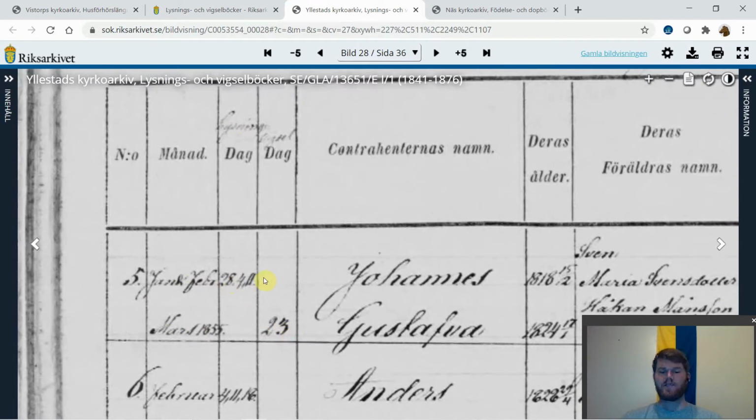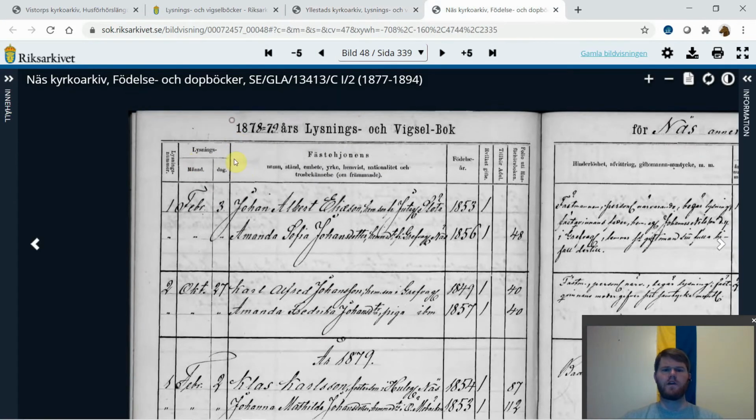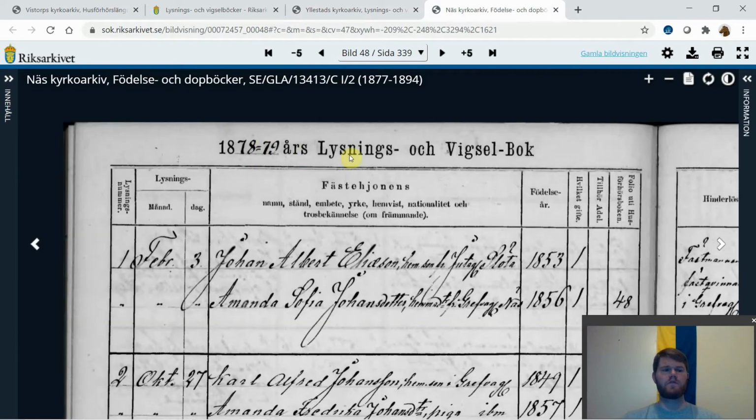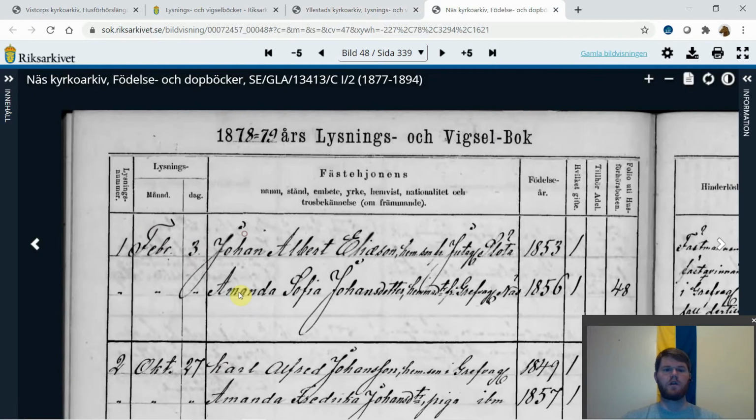And so they didn't get married 3 times. They got married once, but the banns happened 3 times. Here's another example of that. If you're looking down for an individual in this book, you might look down here, okay, here's February 3rd in